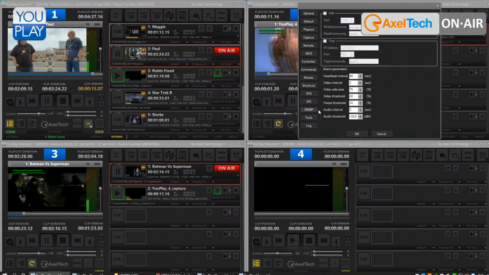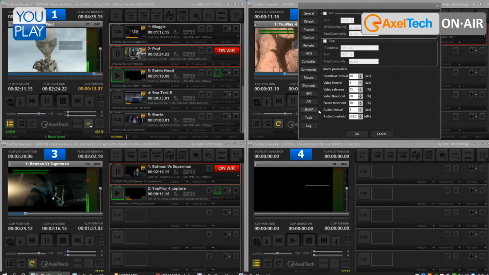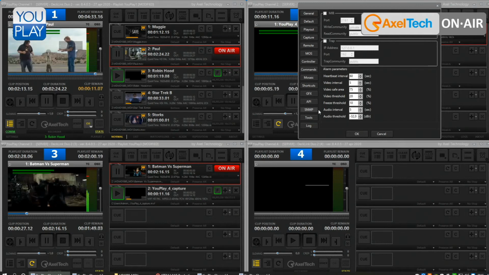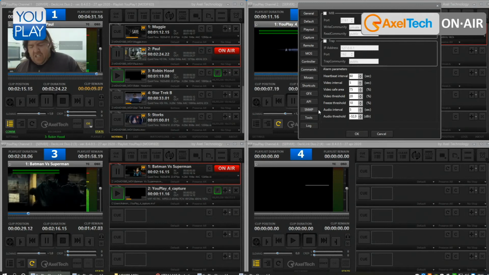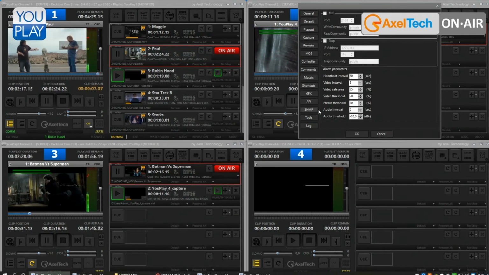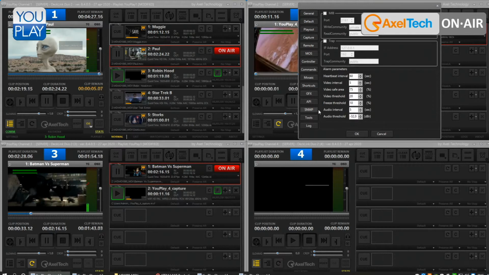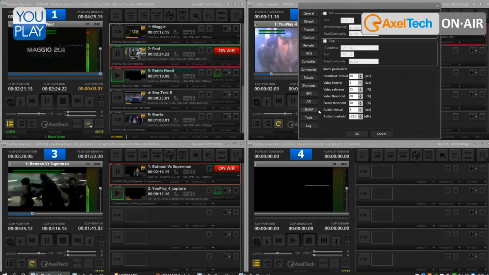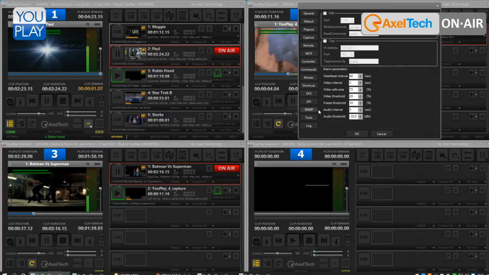One interesting thing is SNMP. This is also built in. SNMP is Simple Network Management Protocol. It's used as a monitoring system in order to monitor the health of the video server. This is a typical protocol which is used in most IT equipment, and simply you can connect your monitoring software to actually